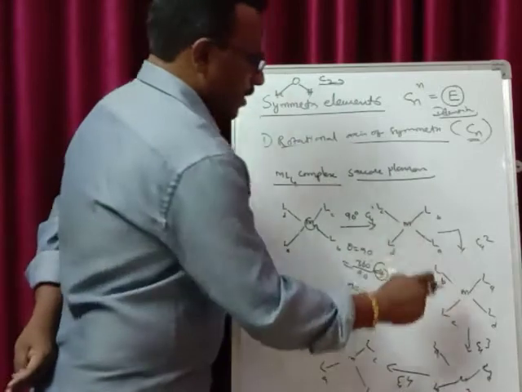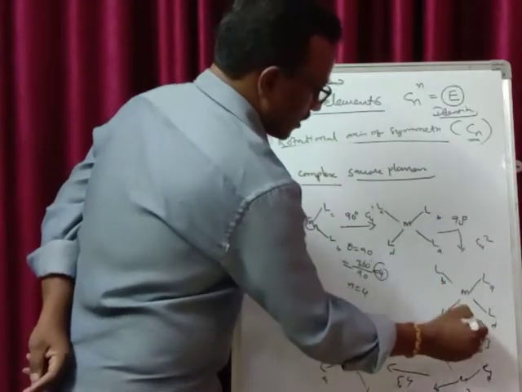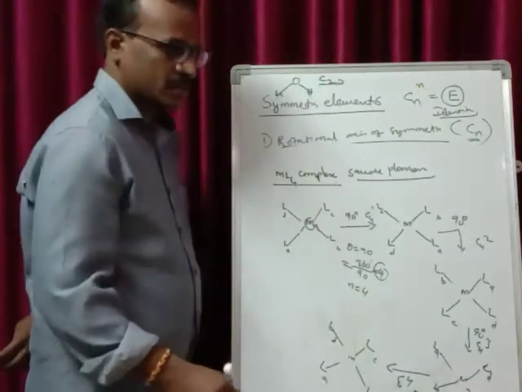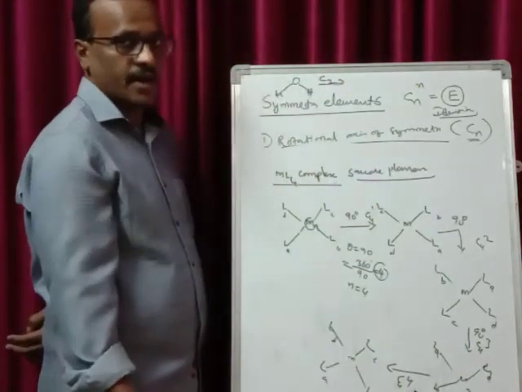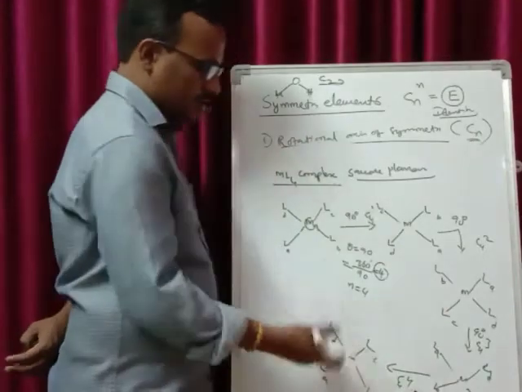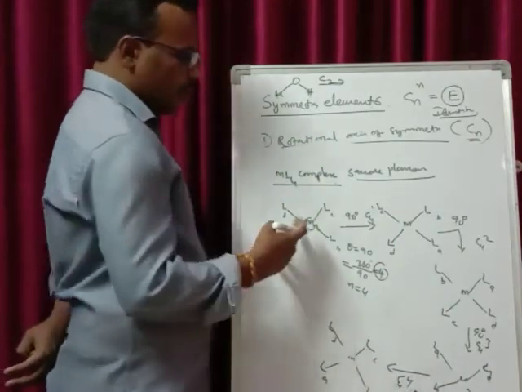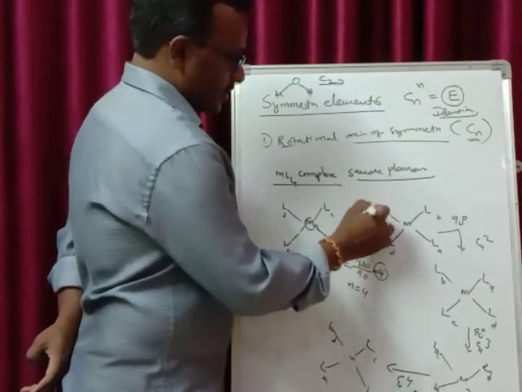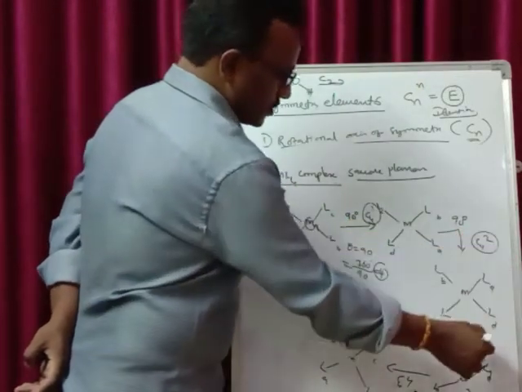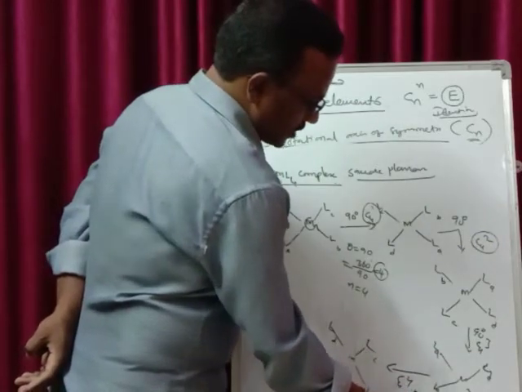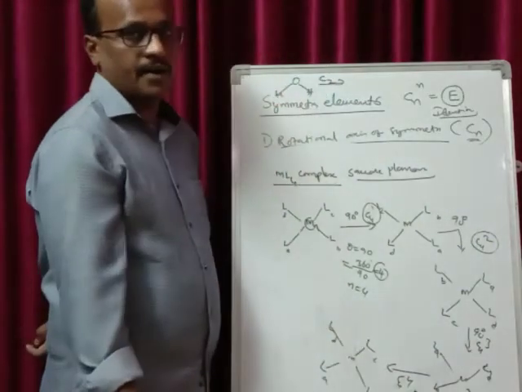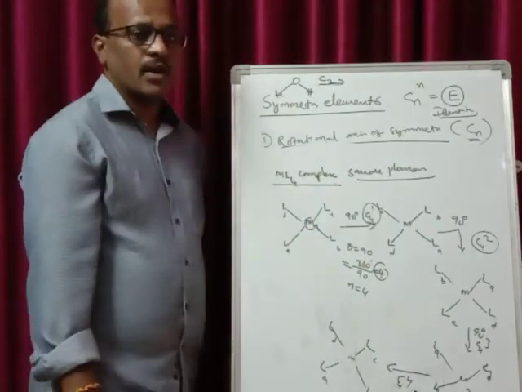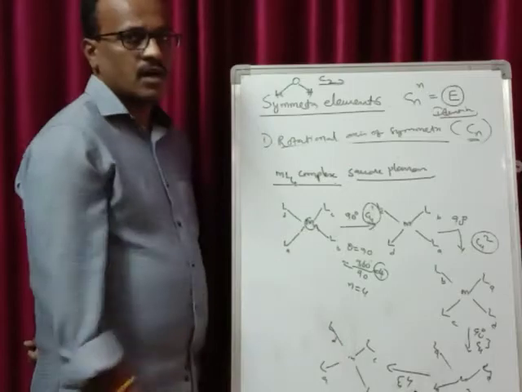See, each time I am rotating it by 90 degrees, it is giving you an equivalent structure. At the final, it is again giving you the identical structure. So rotation by 360 degrees gives you identical, as you already know. Now, for every 90 degrees giving you an equivalent structure, the cases are called C41, C42, C43, C44. We know that C44 is always equal to identity. So this is the C4 rotational axis of symmetry in the case of the ML4 complex, that is, square planar complexes.